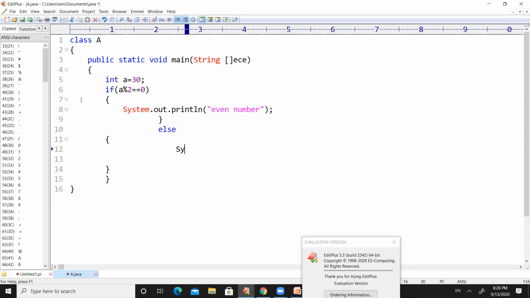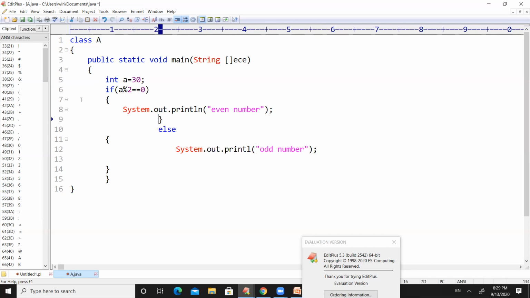So here I need to write System.out.println odd number. If it is not an even number, then automatically it will be an odd number.